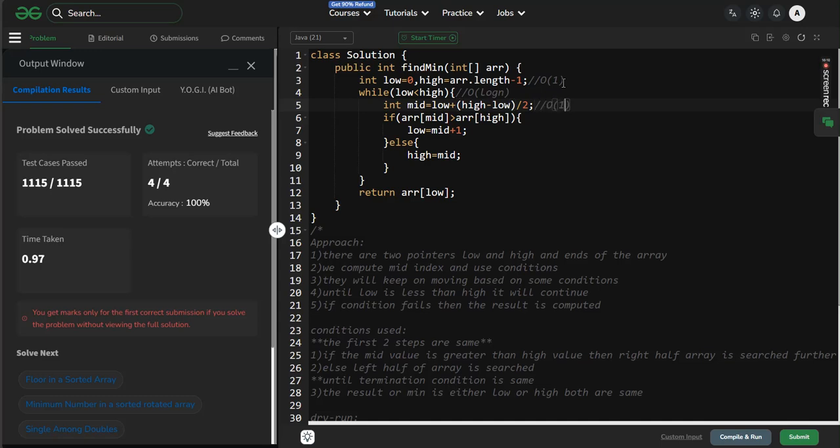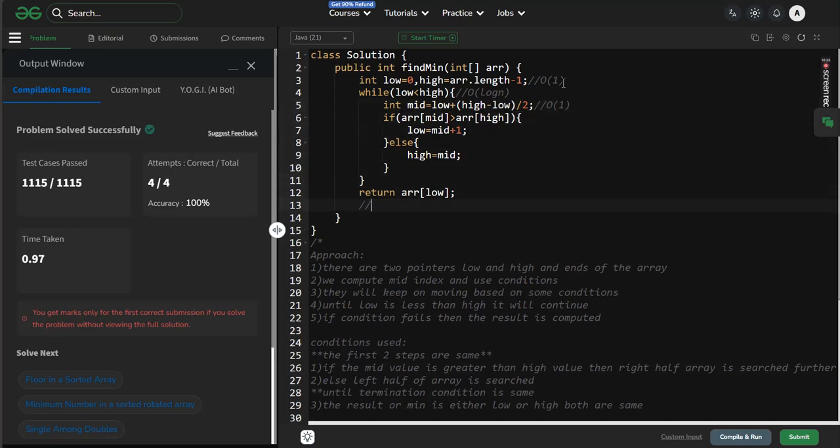We know a binary search loop will always take log n time. So the loop time is log n, and the variables take constant space, big O of 1. So finally our code time complexity is big O of log n